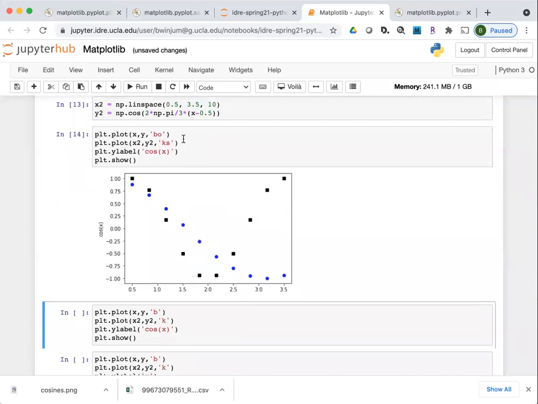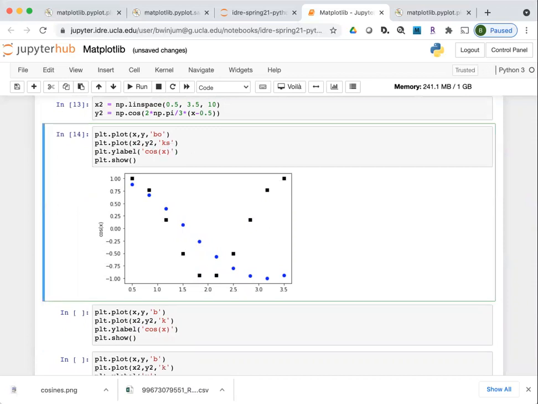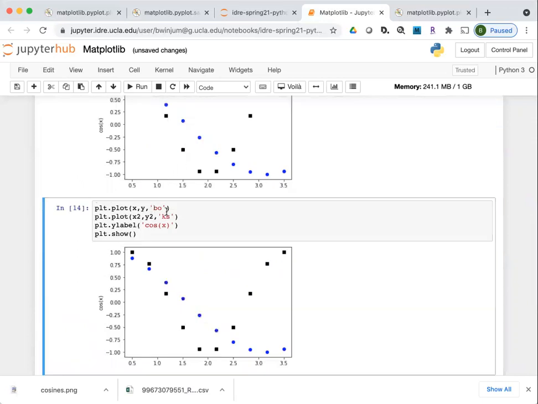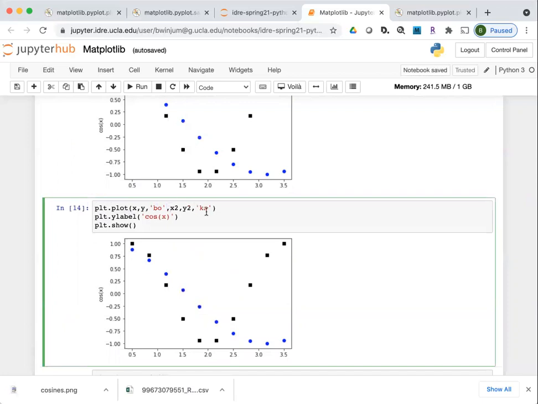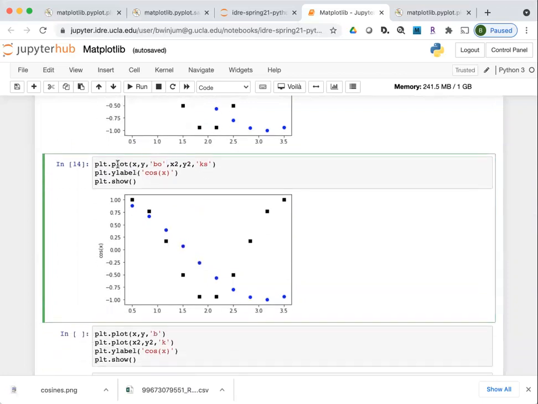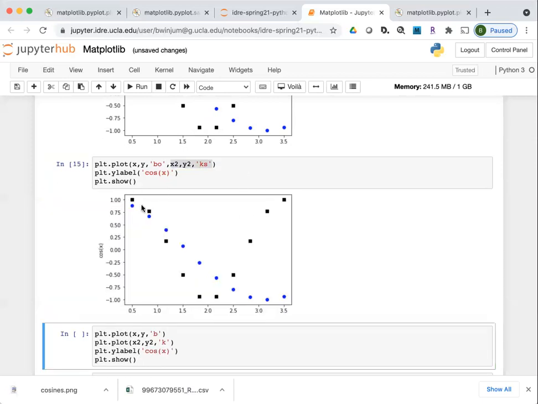But here you can see, you can plot multiple things on just a single graphic by calling plot 2 times in this case. It is actually possible to just call them back to back. So you might also come across simple cases which are written like this, where this is the specification for the first set of data. This is the specification for the second set of data that's on the plot. When I execute that, it's the same thing.